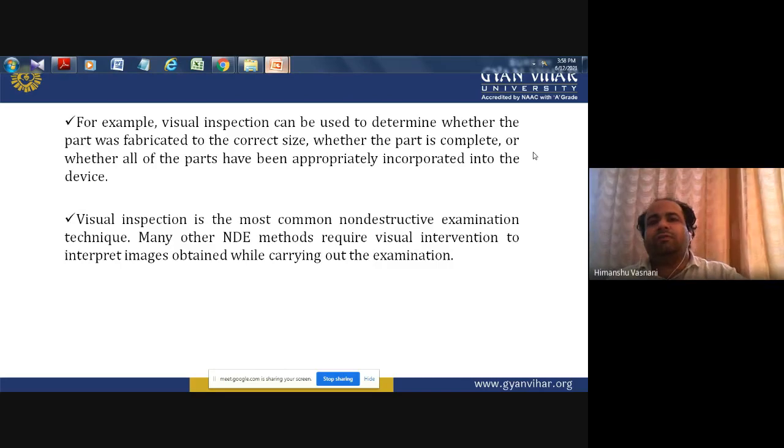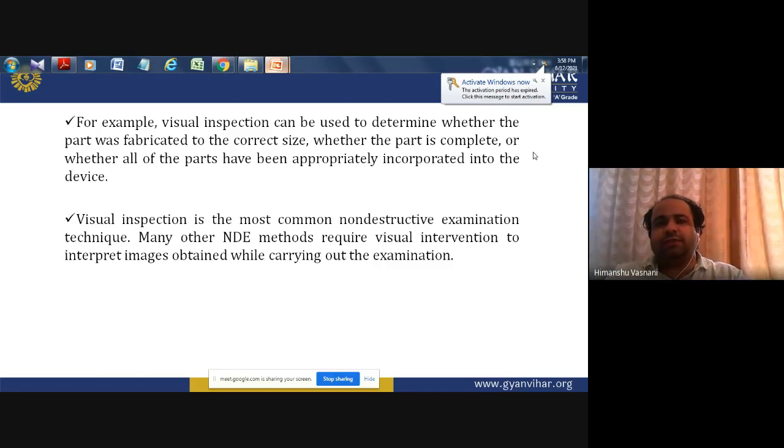If you are going through a fabrication process or production of any part, and after completing the whole production process you check the part to see whether it is prepared properly and has proper finishing, that is also visual inspection. It depends upon the condition of where you are inspecting. Somewhere you are physically and directly inspecting, it is direct visual inspection. Somewhere you are remotely inspecting, it is called remote visual inspection.